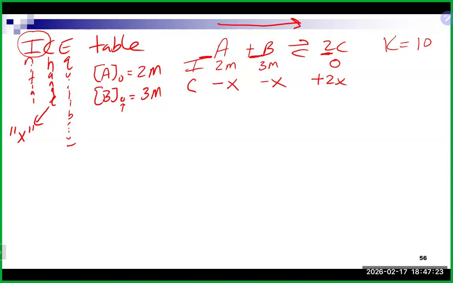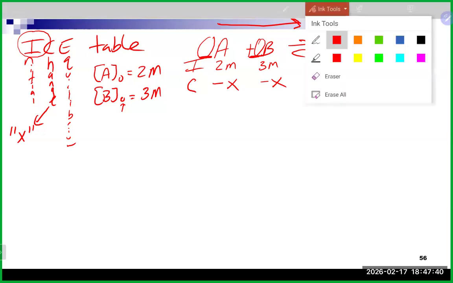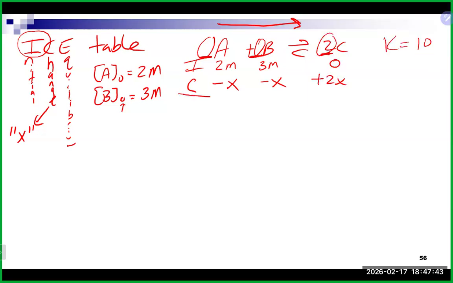So it's really important to make sure coefficients get used with the x's. Yeah. So again, using our coefficients. Now that we have our change, we get to E, which is our equilibrium, and all we're going to do basically is just bring everybody